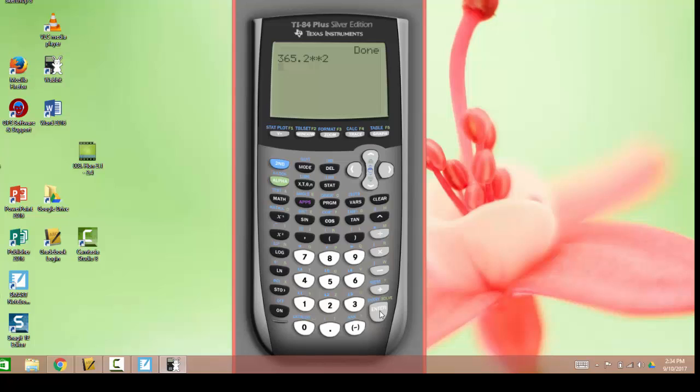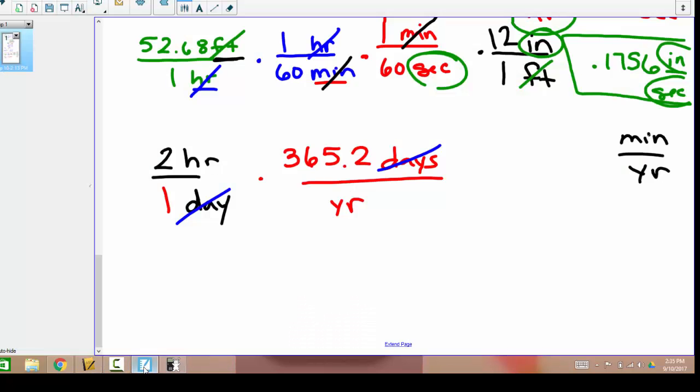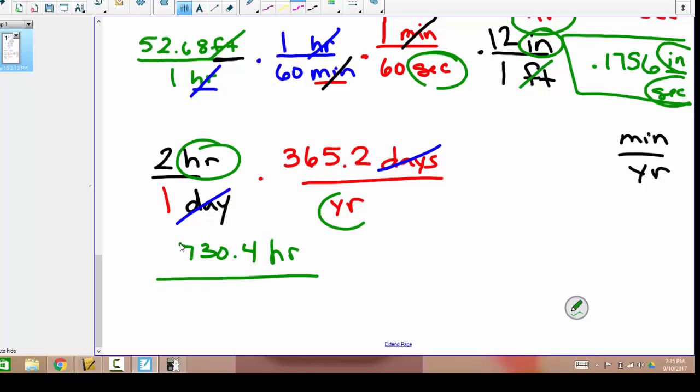It is 730.4. So we have hours over years. Now we can convert